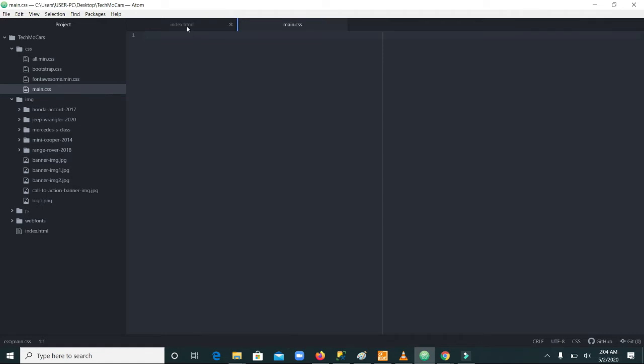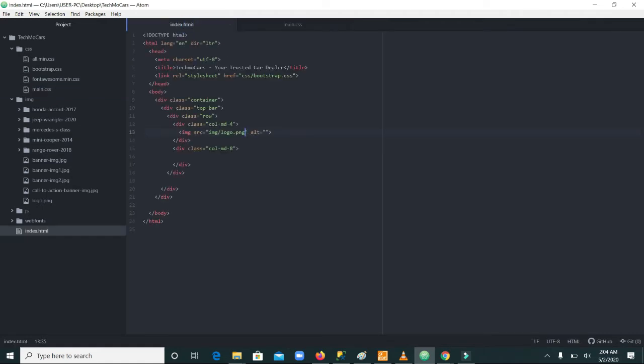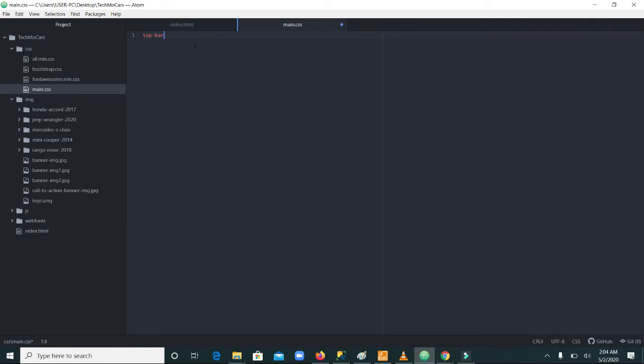And then we already have a class here, top bar, so we just come and do that, top bar, and then we can give it a height of 55 pixels,